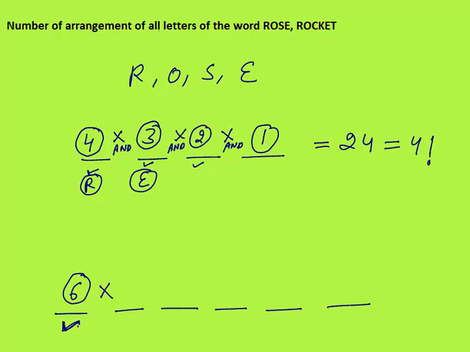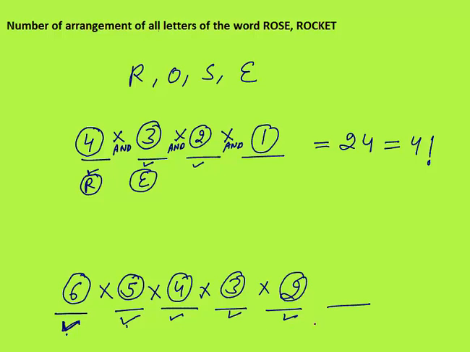Once I put 1 letter here, how many letters am I left with for the second position? 5 letters. The second position can be filled in 5 ways. So I have blocked 2 letters: one in the first place, one in the second place. How many options do I have to fill the third position? 4 letters. I have filled 3 letters, so the fourth position can be filled in 3 ways. Same way, 4 letters are already filled, so this position can be filled in 2 ways. Already 5 are filled, so this position can be filled in 1 way. So this equals 720, or you can say 6 factorial.